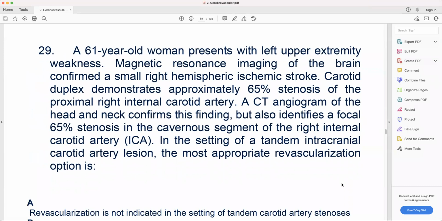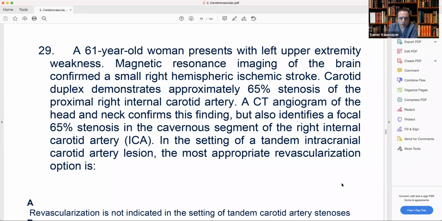A 61-year-old man presents with left upper extremity weakness. MRI of the brain confirmed a small right hemispheric ischemic stroke. Carotid duplex demonstrates approximately 65% stenosis of the proximal right internal carotid artery. A CT angiogram of the head and neck confirmed this finding, but also identified focal 65% stenosis in the cavernous segment of the internal carotid artery. So in this setting of a tandem intracranial carotid artery lesion, the most appropriate revascularization of